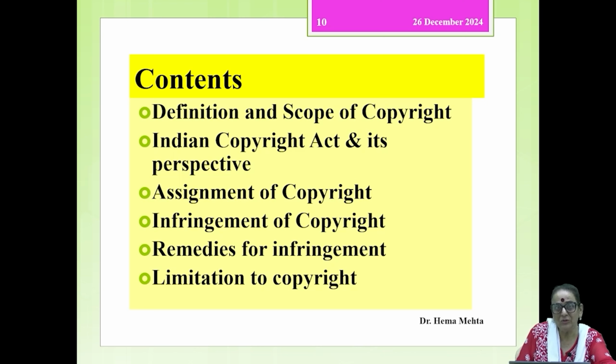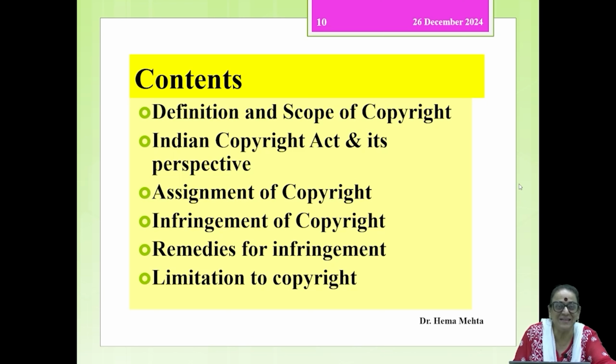Now there is one question I remember some time back. A small kid, should be of 6 to 7 years of age, while attending the session asked me, madam, I have made a picture, can I get the copyright for it? I said yes, absolutely, and he wanted to show me when the session was on live stream, and I requested the child not to show because the picture can also get copied.